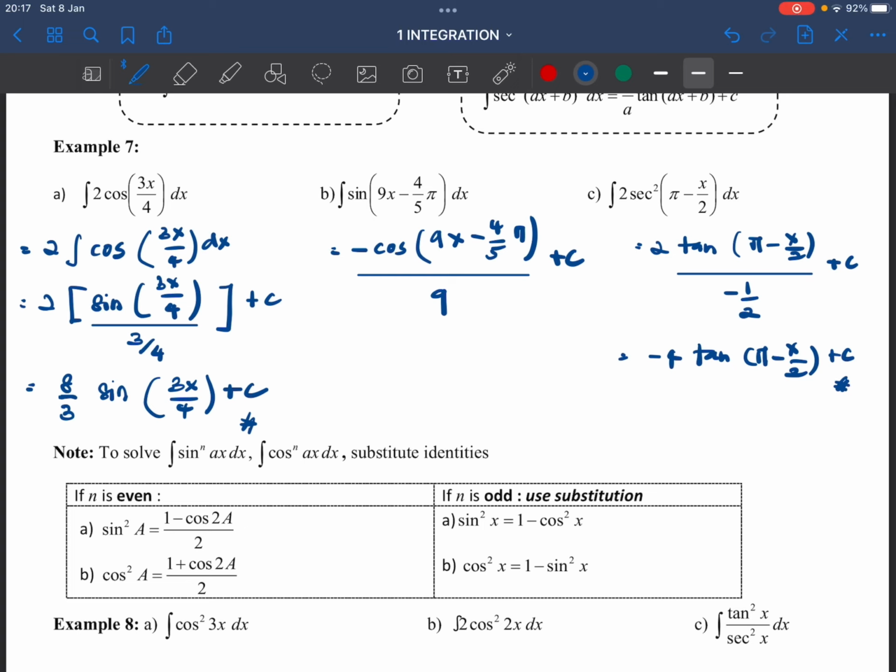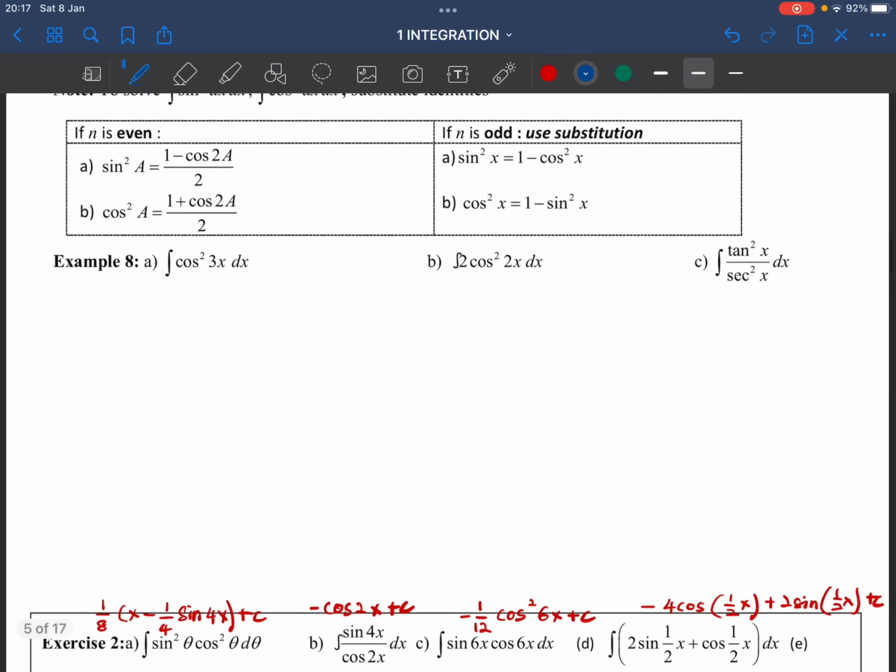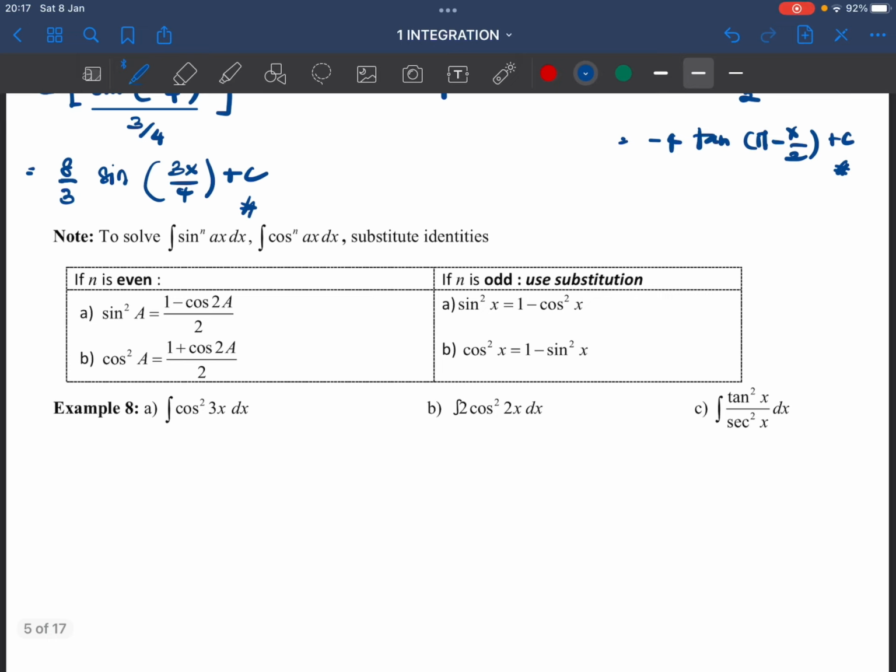Okay. Alright, so the next part here. Okay, how are we going to solve sine to the power of something? We cannot use power rule sebab power rule dalam dia mesti kena linear. So you know that sine square x is actually sama je dengan sine x square. Okay, ada power dekat sini. But we cannot use power rule to integrate this because this has to be linear